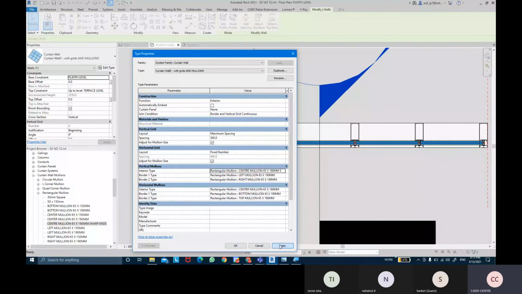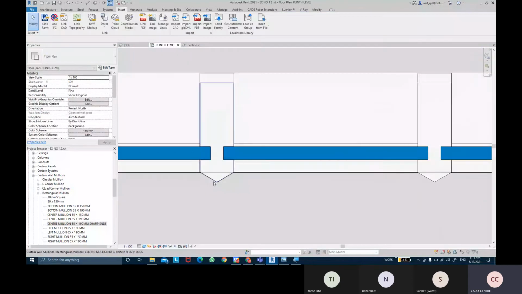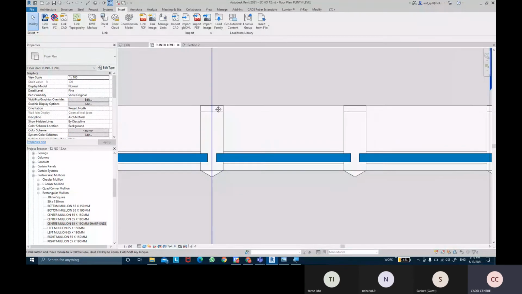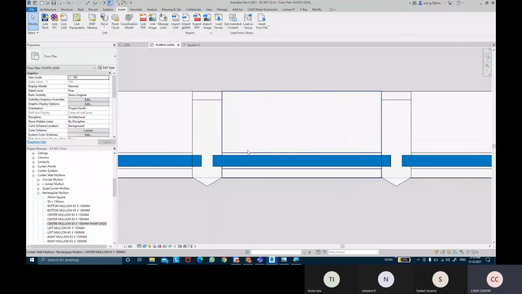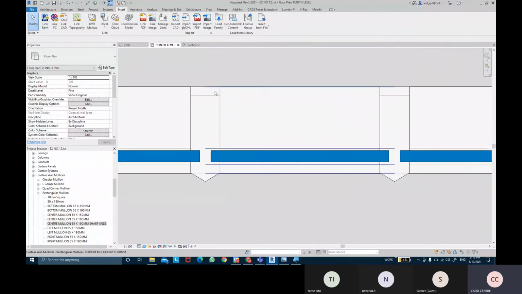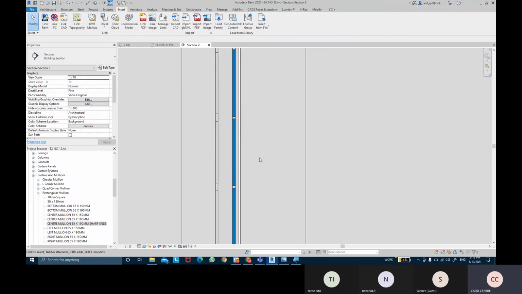As you can see, mullions are being applied, but they don't contain any detail lines. So detail lines are missing from that profile. So we might have to create the detail lines as well. So we'll add that later on. For the moment we have almost created a profile. And then we can also add that into the horizontal mullions as well.